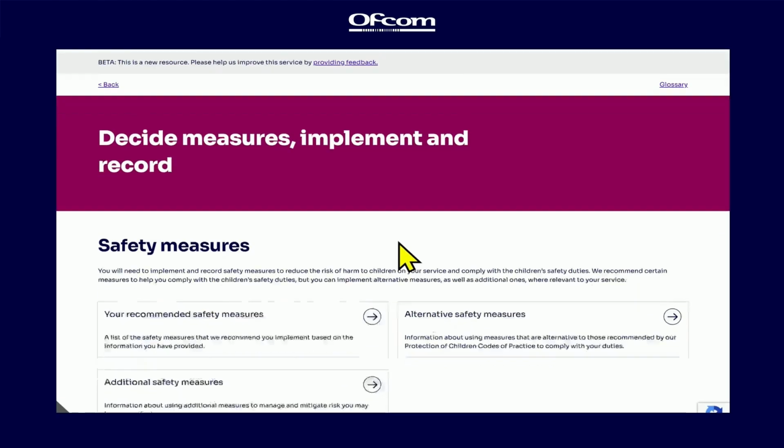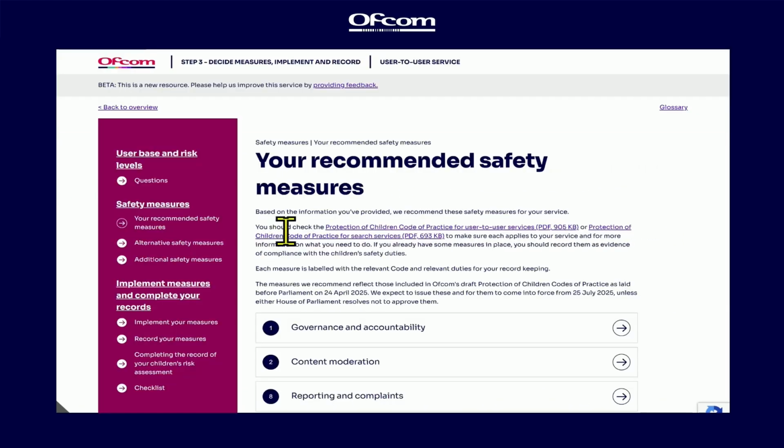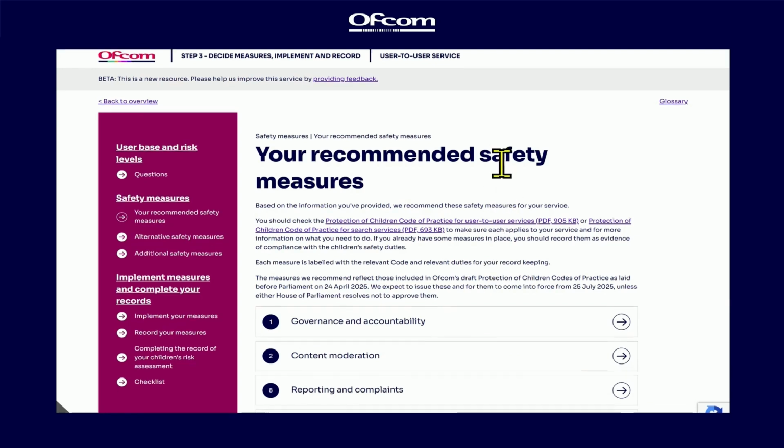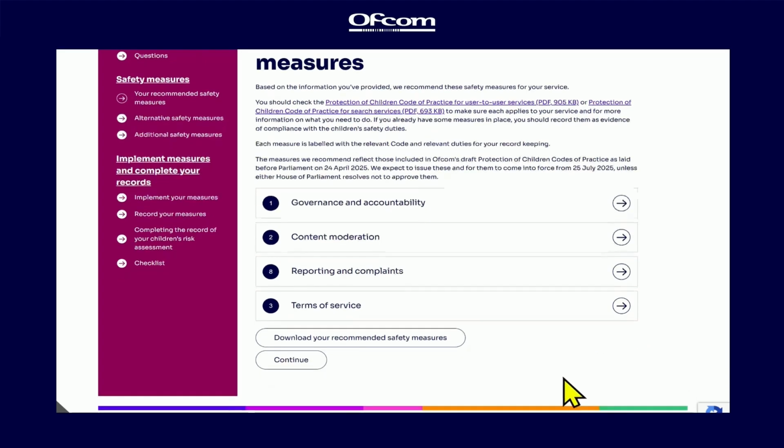And then when we continue on through to the content of step 3, we then get access to our recommended safety measures. These measures are recommended to you based off of the way that you've just responded to these questions in step 3, as well as some of the risk factors that are applicable to your service based off of your responses to step 1. On this page,